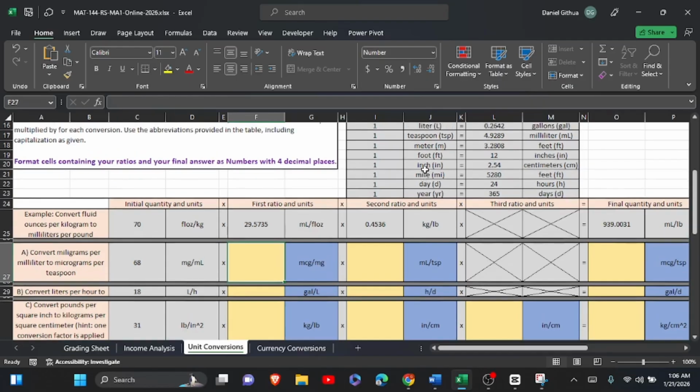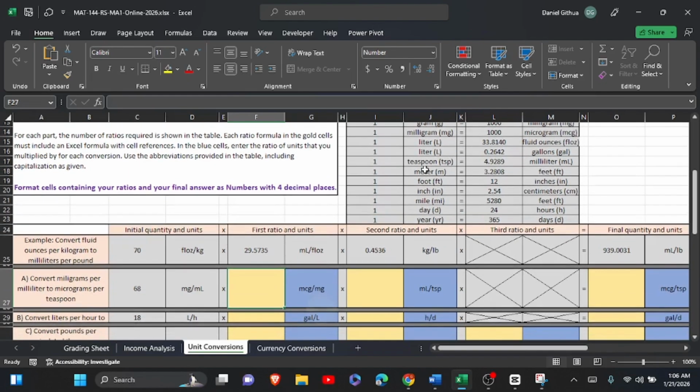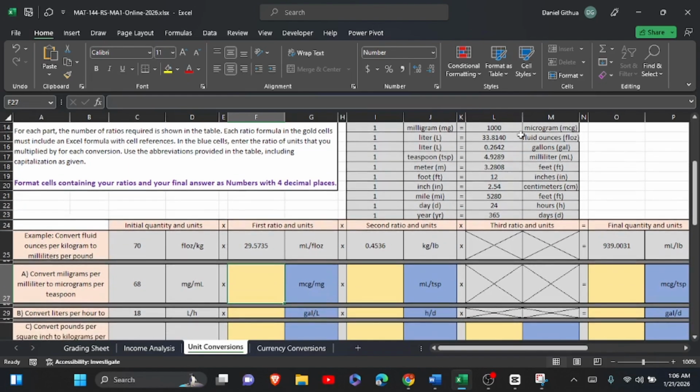So the first thing is to check on, we have this one, and 1 milligram is equals to 1000 micrograms. So to obtain this value here, we just write is equals to,